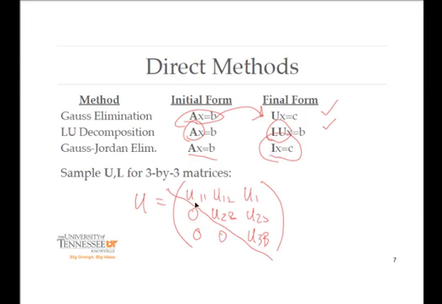This matrix here has a very nice form that'll make it very easy for us to pull off the solution one component at a time. The third component, then the second component, and the first component, because of this triangular structure. And we'll see that in just a minute. In terms of what the indexing would look like for a lower triangular matrix,